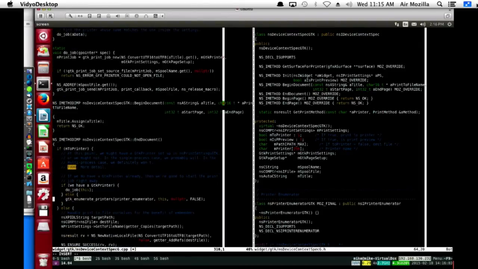It's complicated. It's like a Rube Goldberg machine. But that's printing for you. I wish printing was better. But I've browsed around, I've looked at other printing code in various other projects, and it's all like this. I think printing code is where common sense and straightforwardness goes to die.